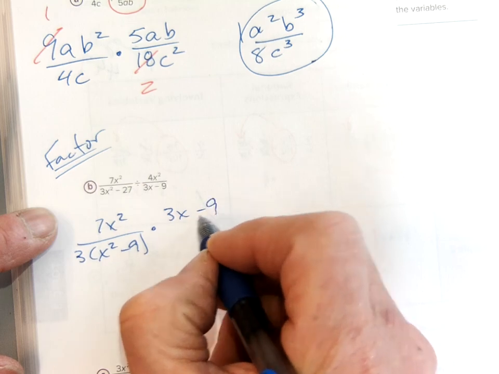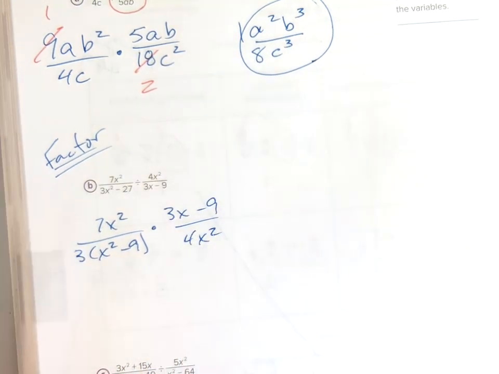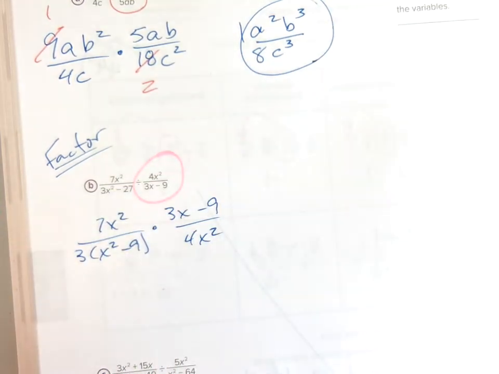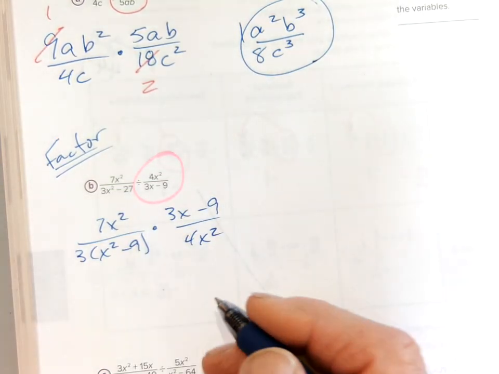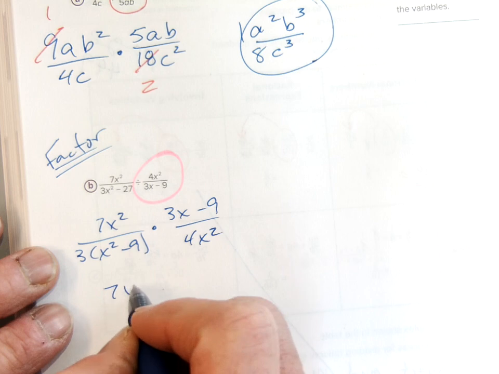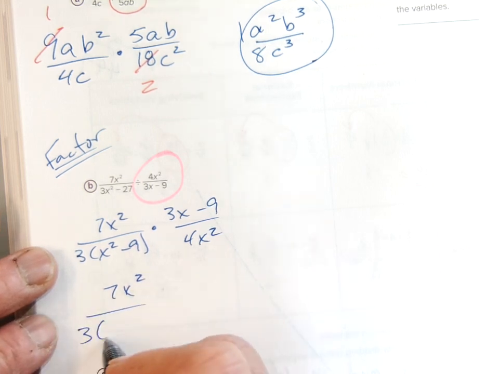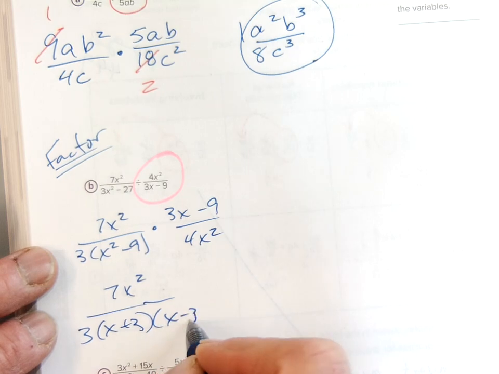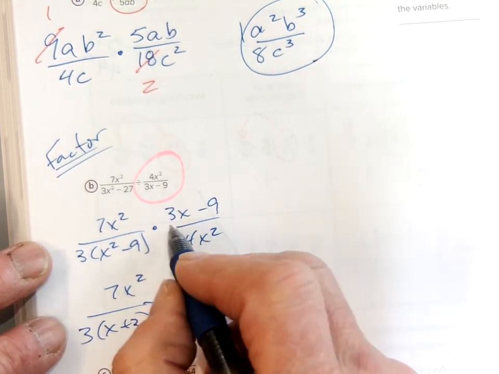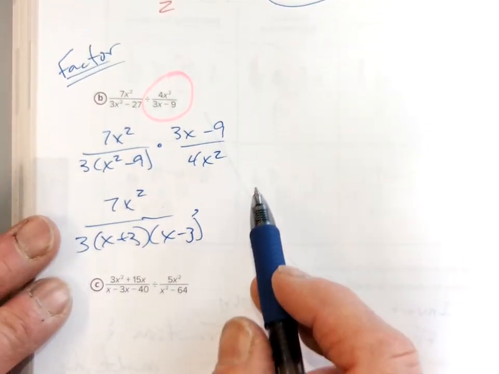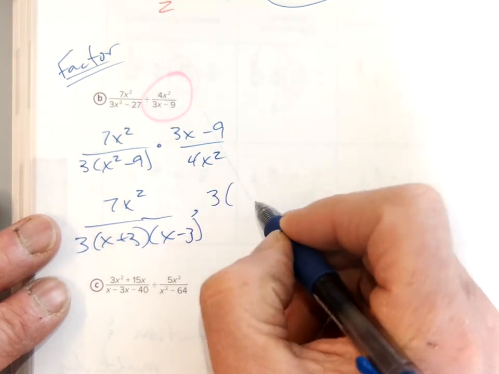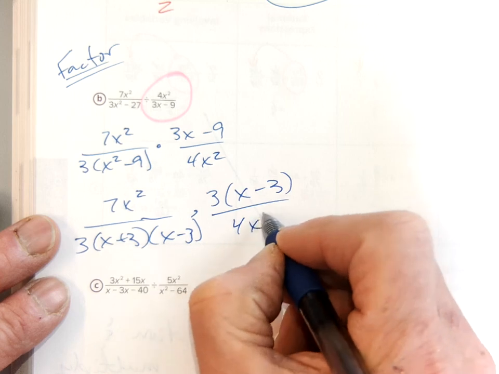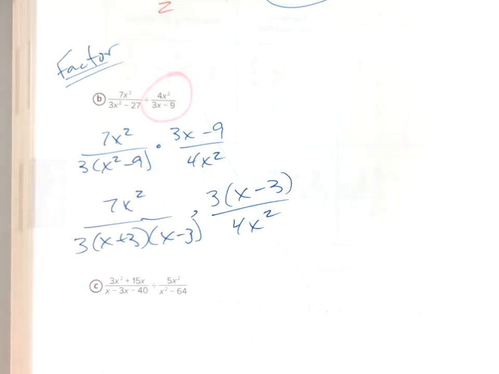3x minus 9 over 4x squared. So I flipped it, right? I flipped that one right there. Okay, now let's see if I can factor some more. 7x squared over a 3, and I can factor that into x plus 3, x minus 3, times, on this one I can common factor out a 3, and again, pause the video anytime you want to, x minus 3 over 4x squared. Okay? So I flipped it,